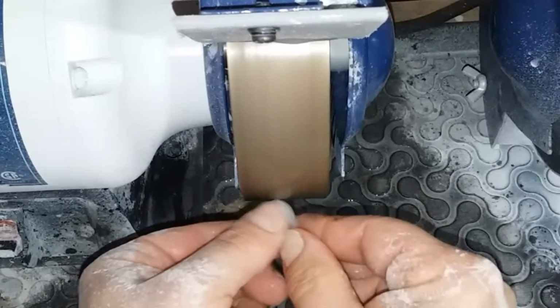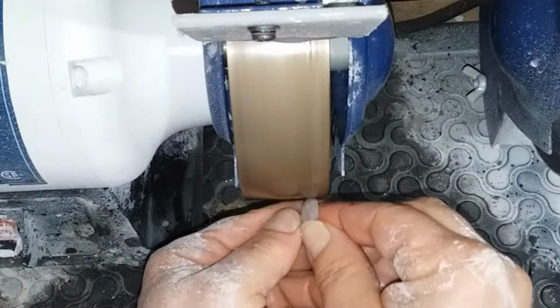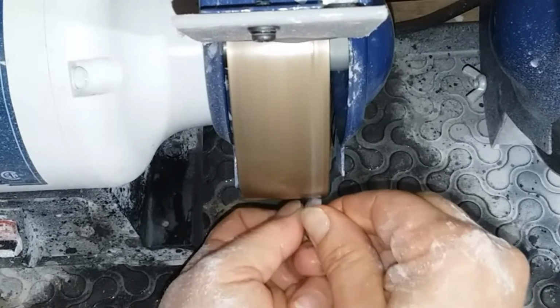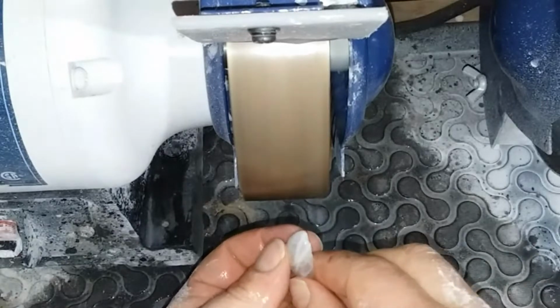Okay, let me do this edge a little bit. I could probably just go straight from the 80 wheel right over to the...